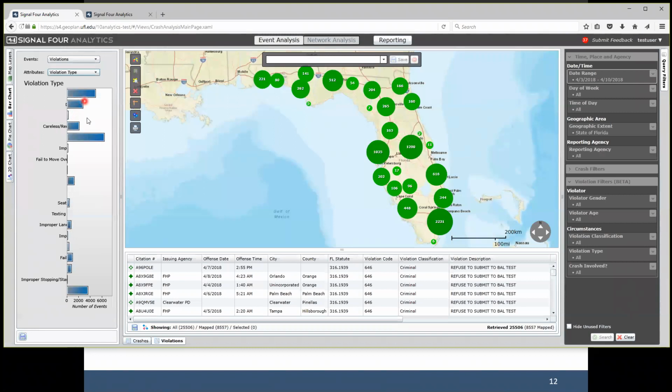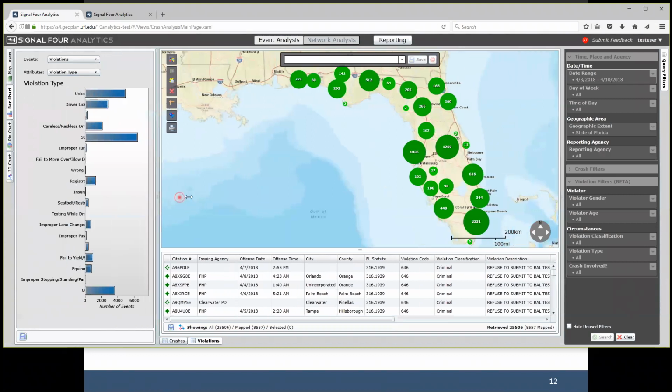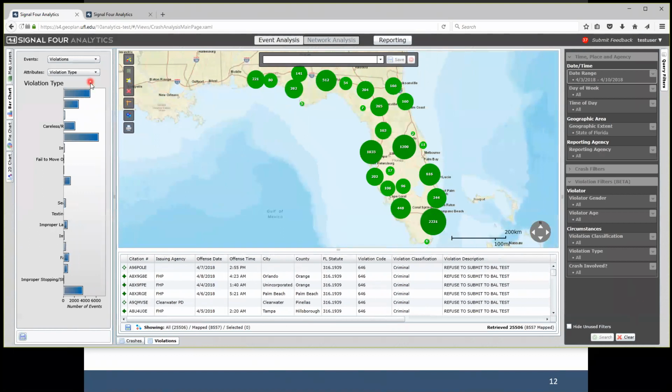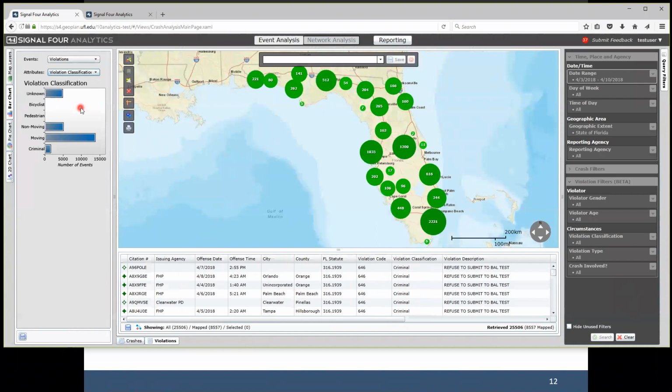Violation type, there are also unknowns on the violation types, but this data is a little better. So you can see there's a lot of speeding violations, careless driving, registration, fail to yield, and so on. You can explore these on your own. It's pretty straightforward. Violation classification,